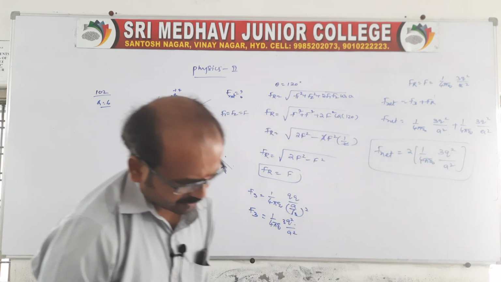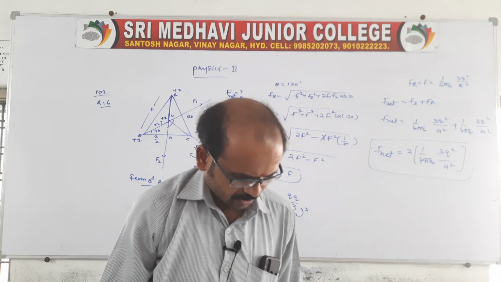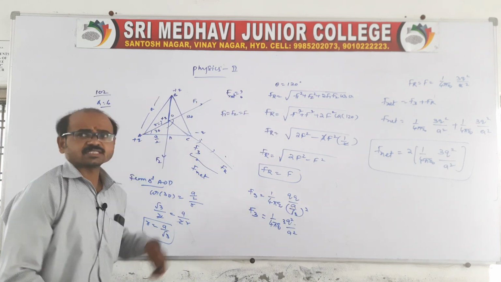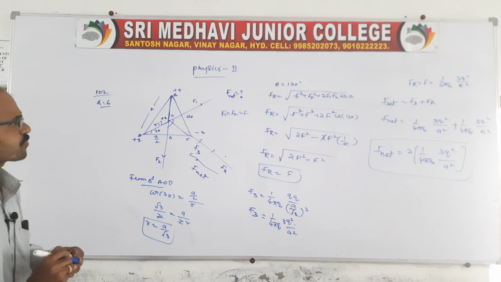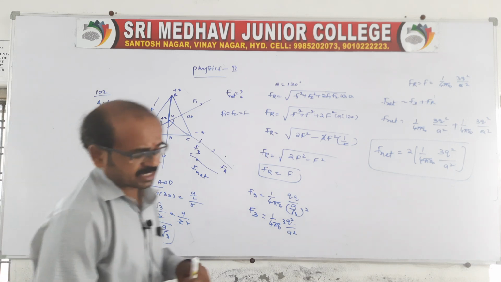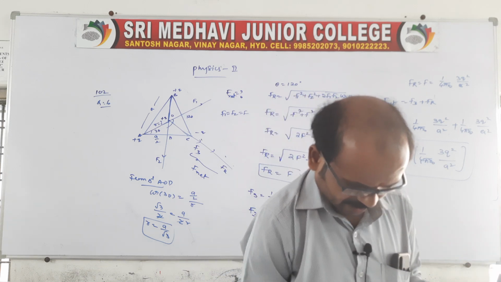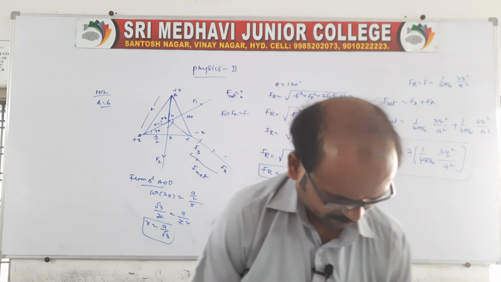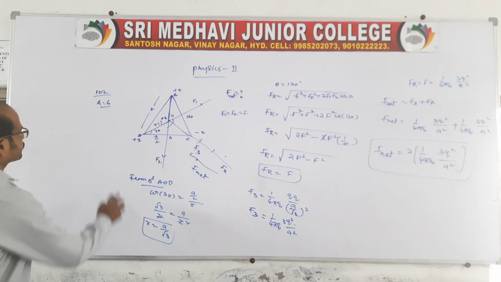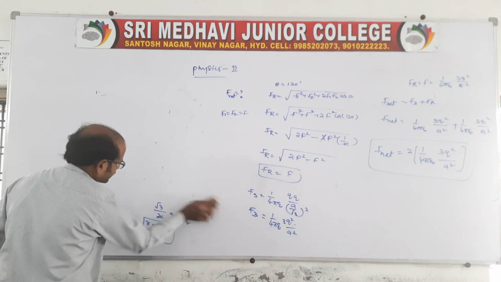This is about a resultant force which is acting in the direction of the net force. That is, we can say it is in the direction like this. So this is one question related to Coulomb's inverse square law, which is given in the material, page number 102, question number 6. Suppose you go through this question, it is also a very important question, right? And coming to one more problem on the basis of Coulomb's inverse square law only, it is given in our material only. Once you look at the question,